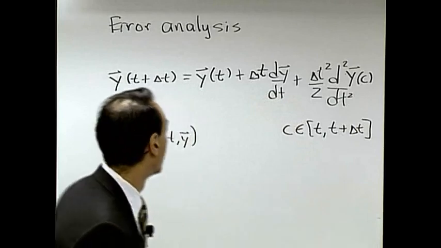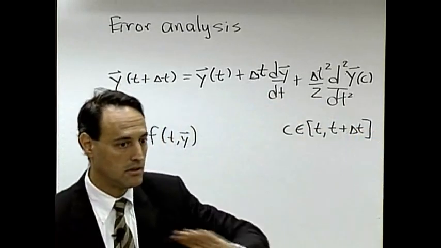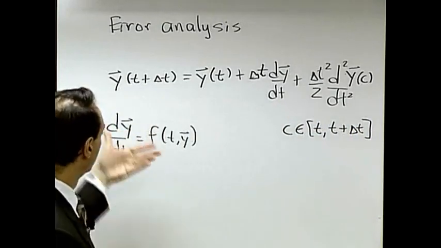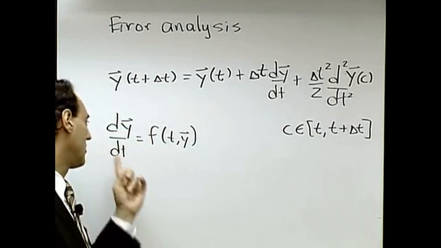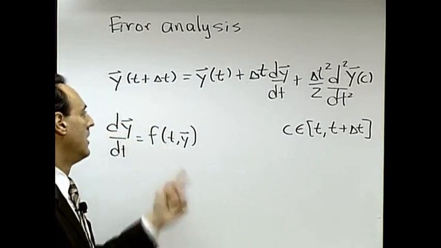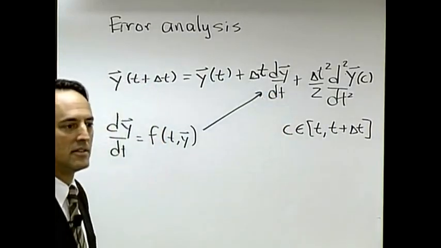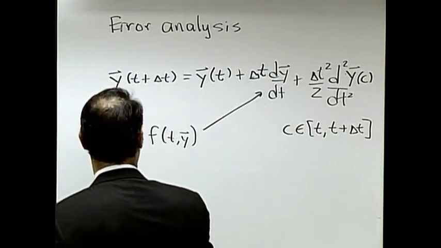No approximations so far. Now, here's the thing to notice. All we did was Taylor expand. Nothing fancy. Now, we're going to relate it to our differential equation. Our differential equation is right there. And all the differential equation tells us is what the derivative is. dy dt is f. And you see right there, there's a dy dt. Let's put f in there. So you can see that what I have then